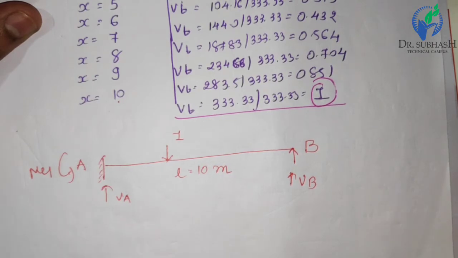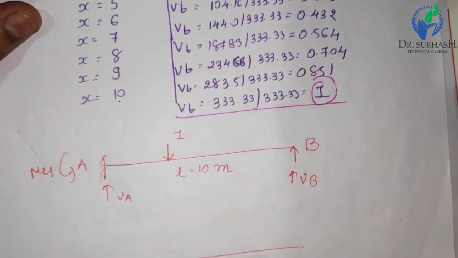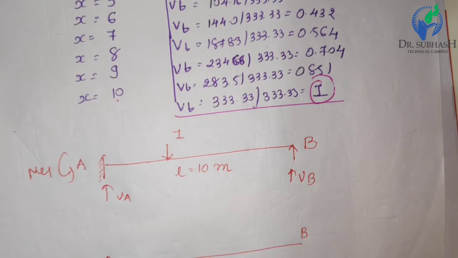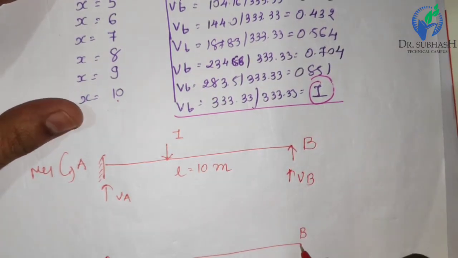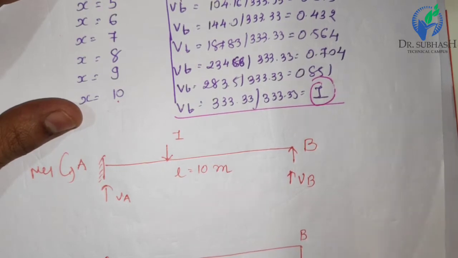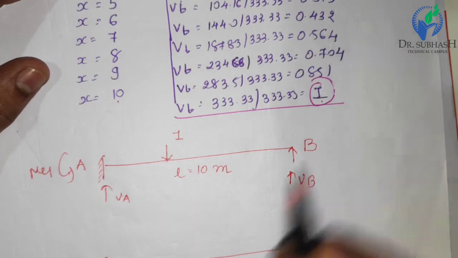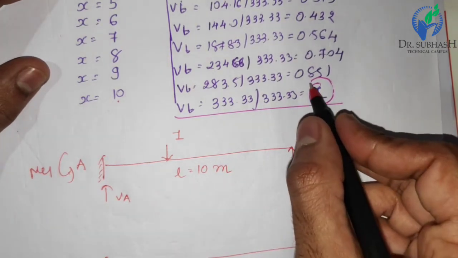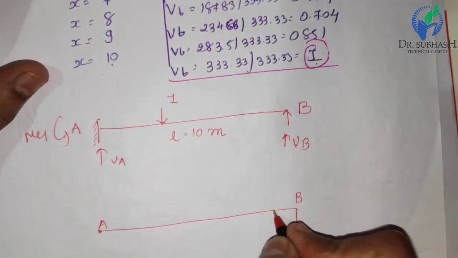We draw the diagram of VB with A and B marked. The unit load is applied at B, so what is the reaction at B? Of course it is 1. At X equal to 10 meters, our VB is 1. Likewise, at 9 meters, our VB is